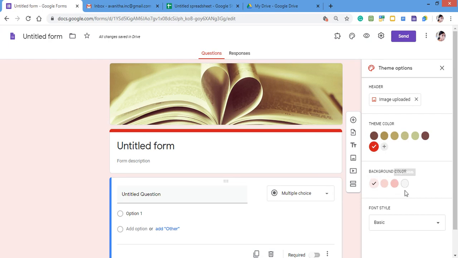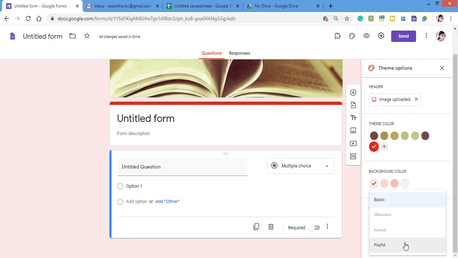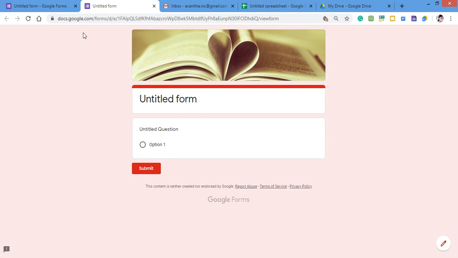It will always be light colors, and the basic font colors are also shown in the Google Form. If you want to change it, you can change. These are all the customized theme options which you can change, and which can be previewed also, to see how it looks. For example, this is how the Google Form looks when a participant, or the person who is going to fill the form, sees it. Now if I want to go to the actual page of editing, then I have to click here on edit this form.